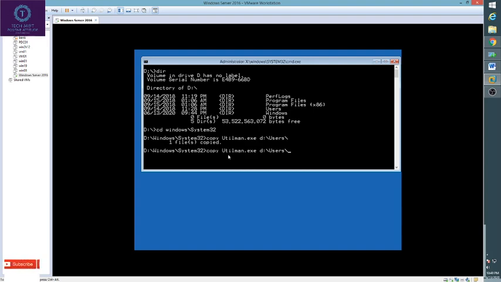Now we will replace utilman.exe with cmd.exe. To run this command, we have to type copy space cmd, hit tab, then copy space utilman.exe, hit enter.